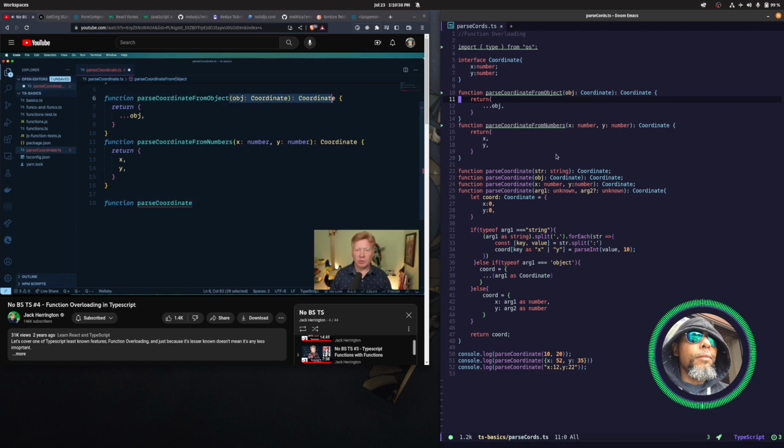So for example, this one. And I also want this one. And notice I'm not putting any implementation on that. So the next thing I need to do is actually implement it. And so there's another function parse coordinate,